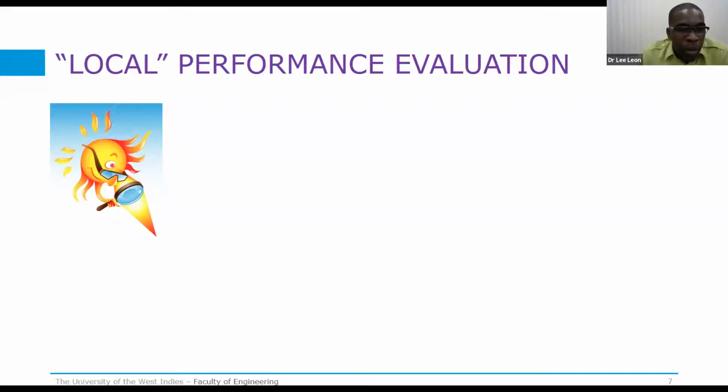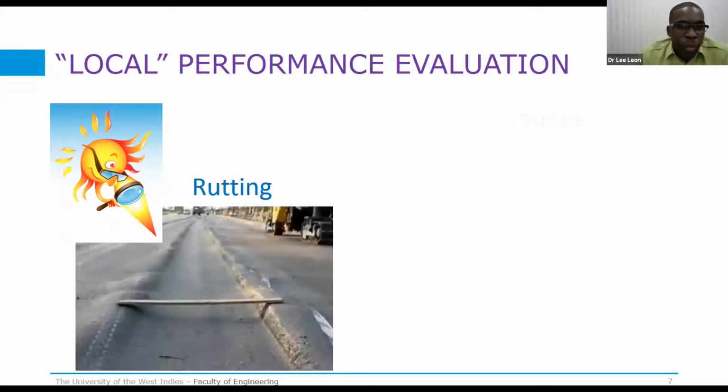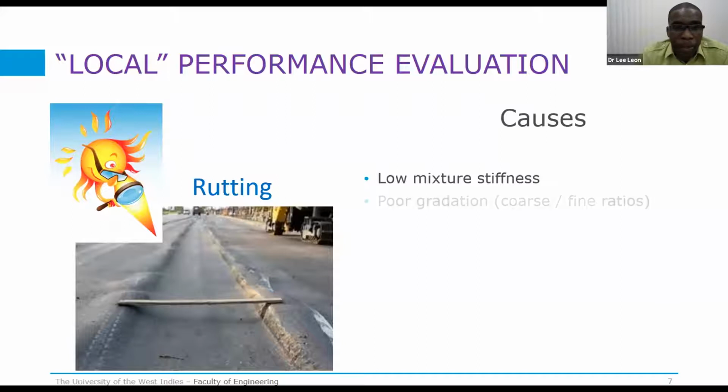So therefore, one of our performance tests we could choose or start off with is a performance test that evaluates the rutting potential of our asphalt mixtures. So what is really rutting, or what causes rutting? Rutting can be caused, in terms of the asphalt mixture, by having low mixture stiffness, having poor gradation of the actual mix, where you have a ratio of coarse to fine,